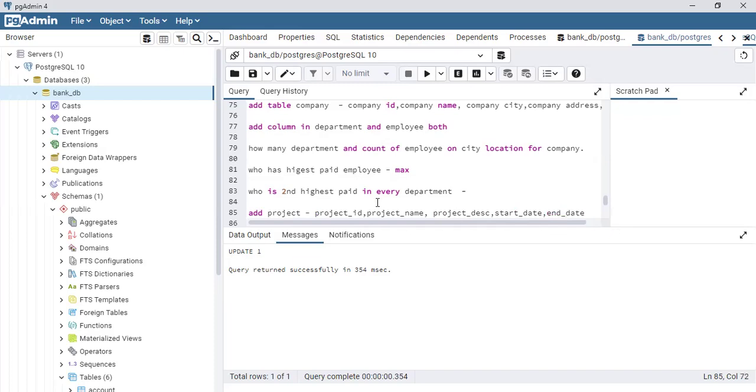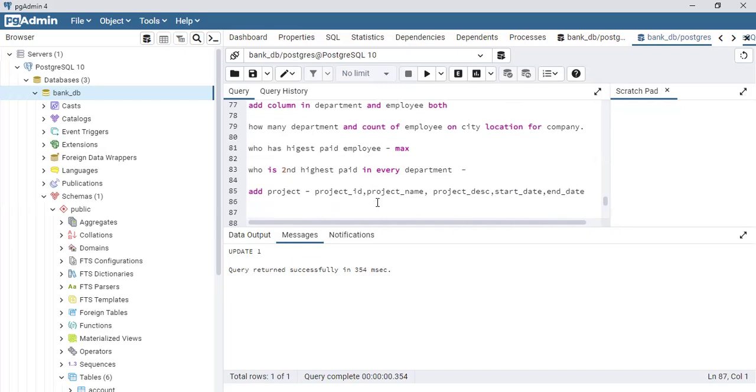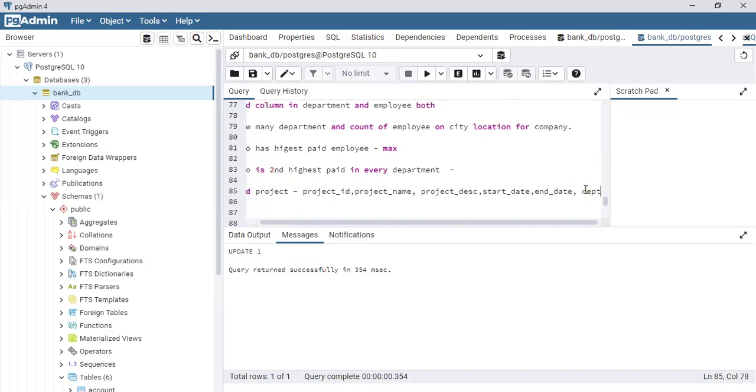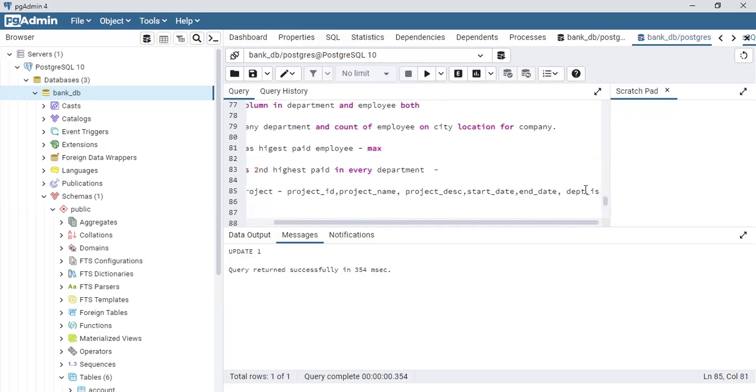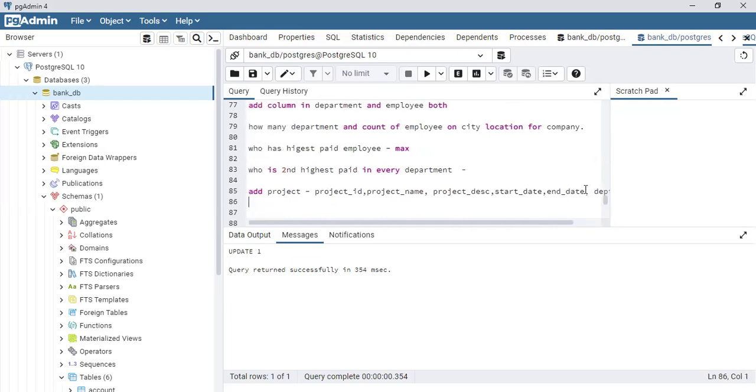Okay. So in that scenario, you will have a start date and end date, and in this project also you will have a department ID. Correct. So this department ID is basically, let's say you have software development, and in software development there are different projects which the company is working on, and this project ID will also have that foreign key into an employee. So add a foreign key